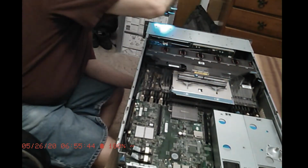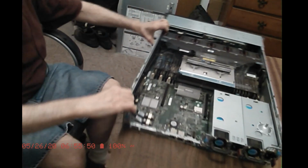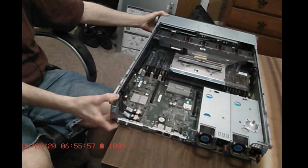I do not see where it came from. I don't remember it rattling, but I can't find it, so we'll just